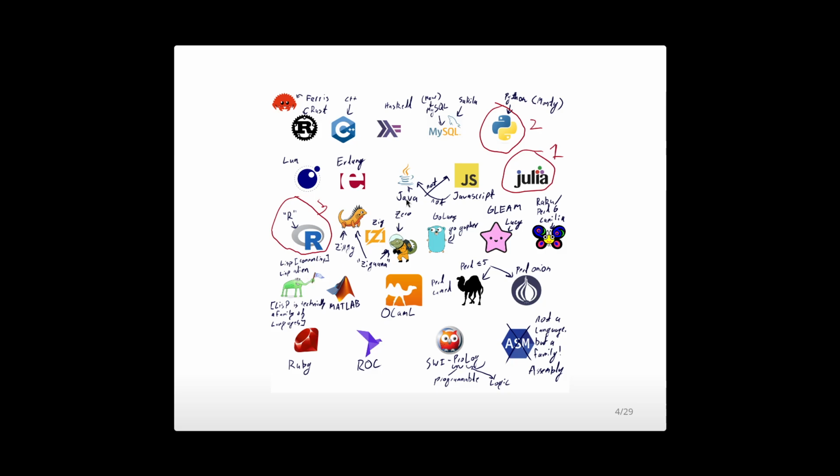One thing to note is that Java is not JavaScript and JavaScript is not Java, although the naming conventions are kind of there to piggyback off of one another. I circled Julia, Python, and R because if you've ever heard of Jupyter Notebooks, that comes from the JU in Julia, the PYT in Python, and the R in R, so Jupyter. So kind of interesting. Python is named after Monty Python, and then let's see, did I have anything else on here? Prolog stands for programmable logic, and I think that's it.